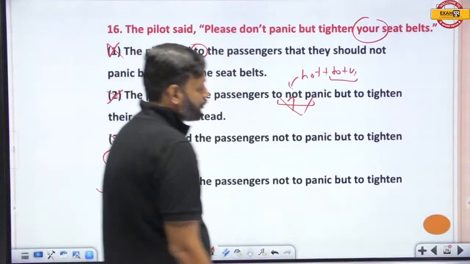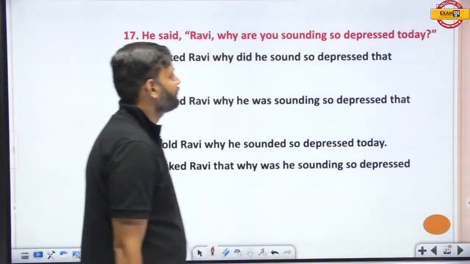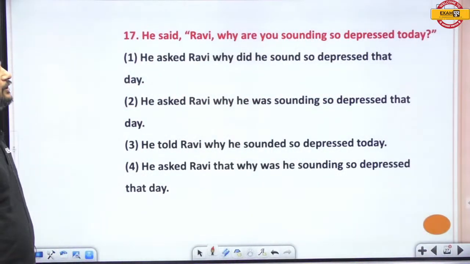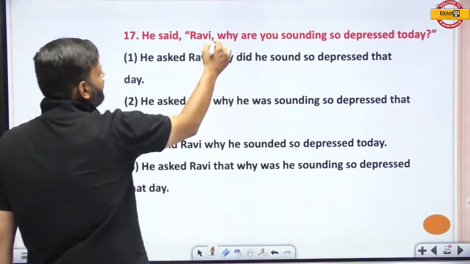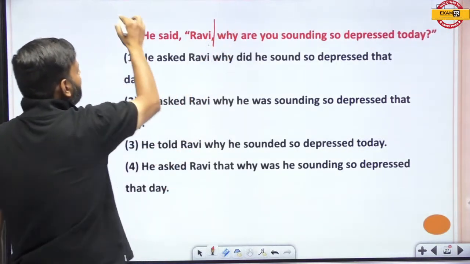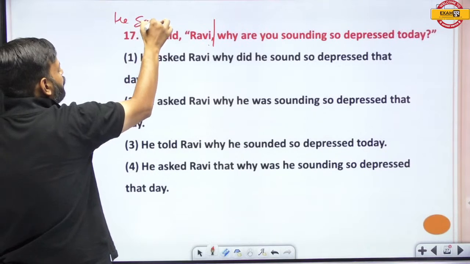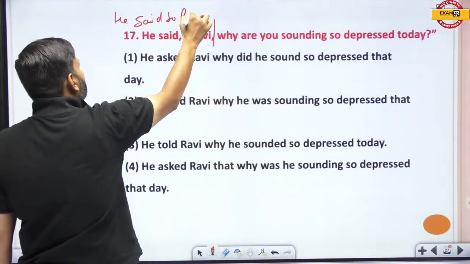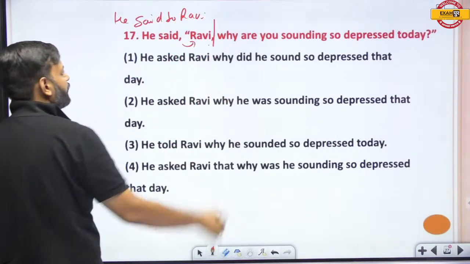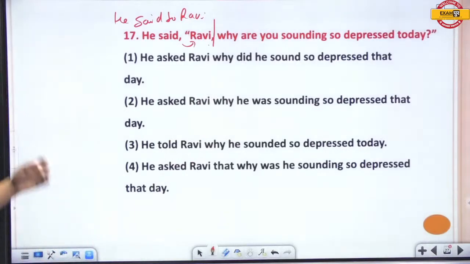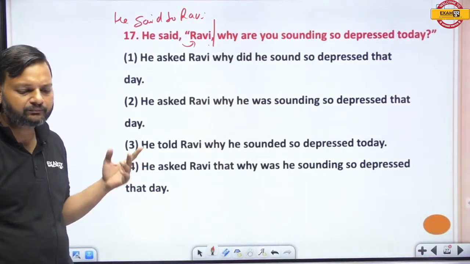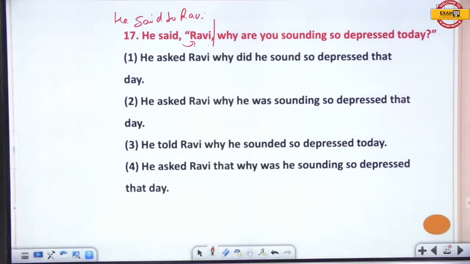Now question number 17. "He said Ravi." So as I told you, when there is a name with a comma like this, it is actually the reporting object. So the sentence is "He said to Ravi," and here Ravi is the reporting object. "He said to Ravi, why are you sounding so depressed today?" I think this sentence has been repeated, but we have to tell the answer. So the answer would be,